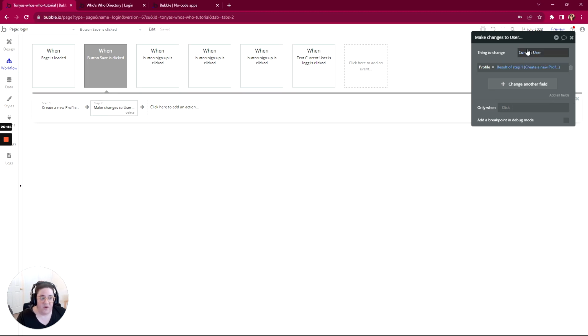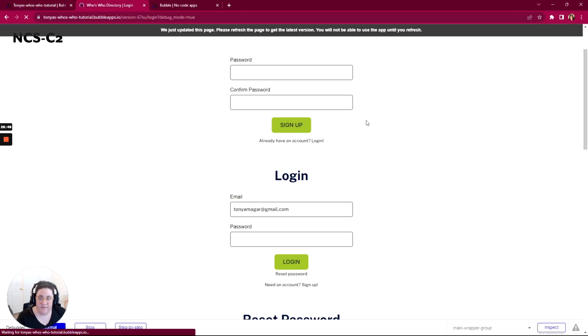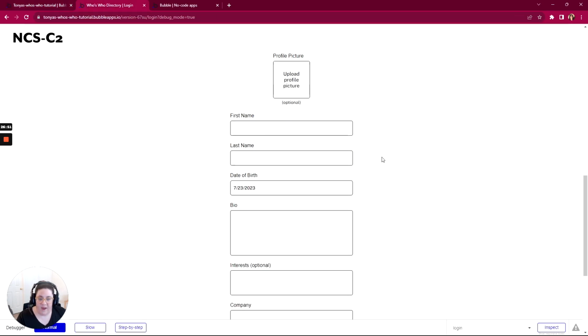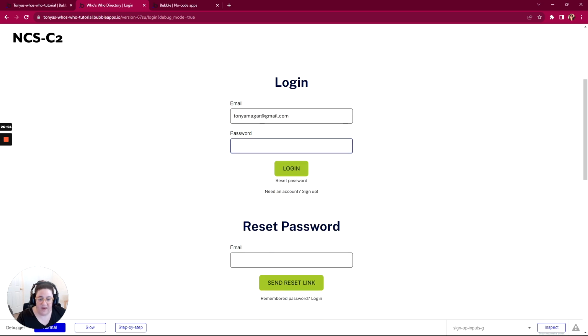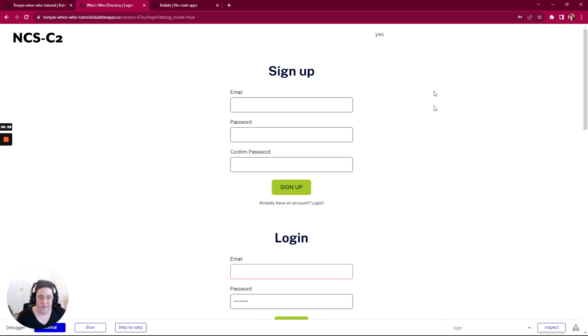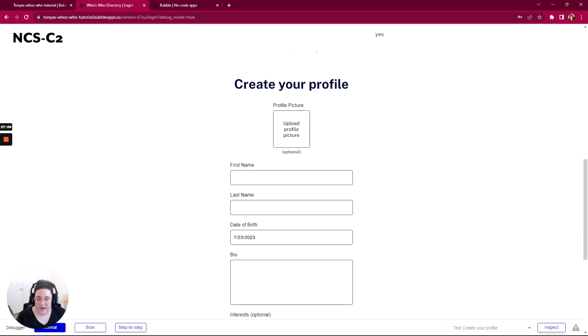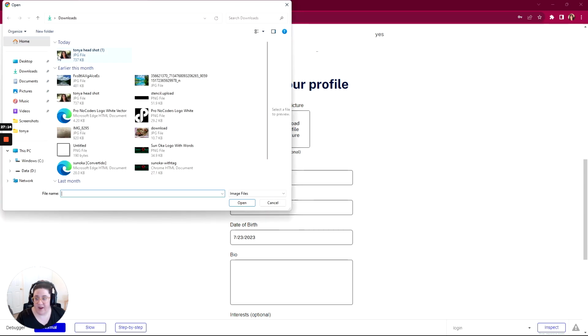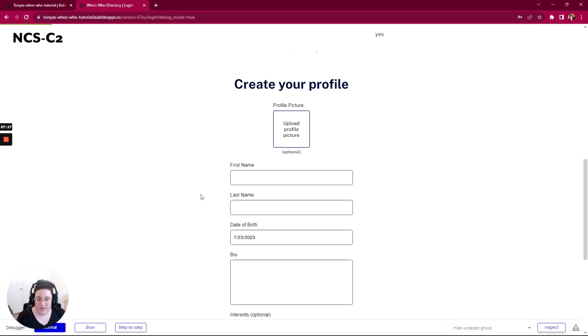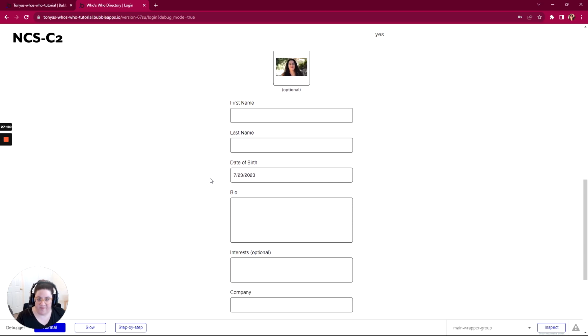Okay. So now I'm going to preview the page. And I am not currently logged in, so I need to log in. And now you can see I'm logged in. And so now I should be able to create my profile. Okay, so the first thing to creating my profile, I want to go ahead and upload a picture. So I'm going to click Upload Profile Picture, and I'm going to choose my headshot. And now it's uploaded. And then I'm going to add my first name and my last name,